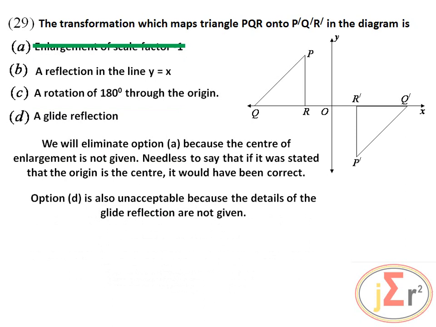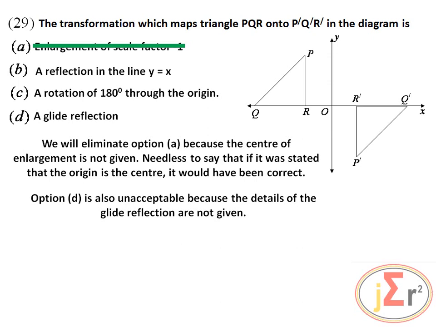Option D is also unacceptable because the details of the glide reflection are not given. And what is a glide reflection? A glide reflection is a composition, in any order, of a reflection and a translation. So,